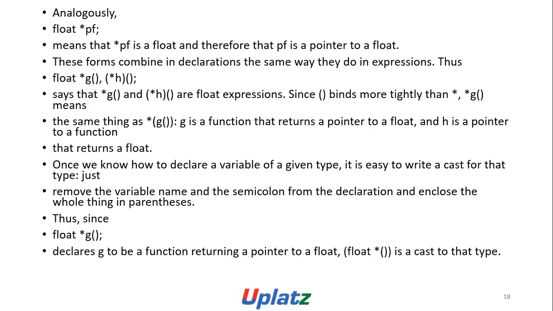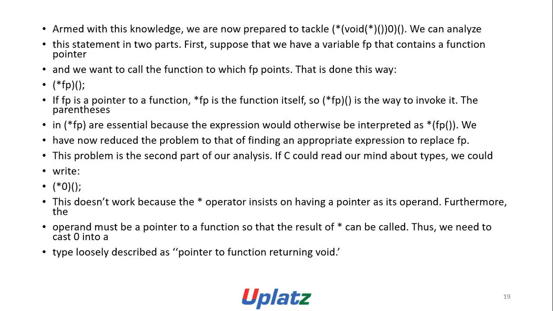Once we know how to declare a variable of a given type, it is easy to write a cast for that type. Just remove the variable name and the semicolon from the declaration and enclose the whole thing in parentheses. Thus, since float *g(); declares g to be a function returning a pointer to a float, (float *(*)()) is a cast to that type. Armed with this knowledge, we are now prepared to tackle (*(void(*)())0)();